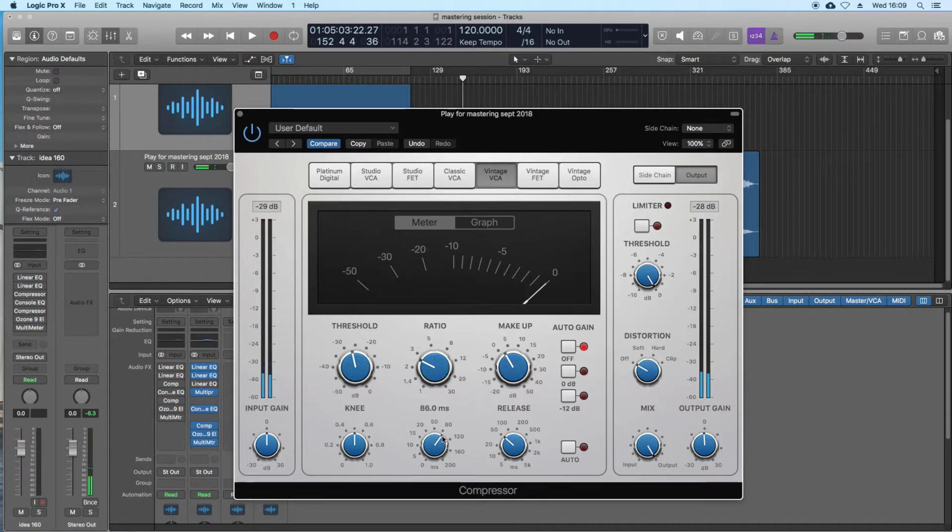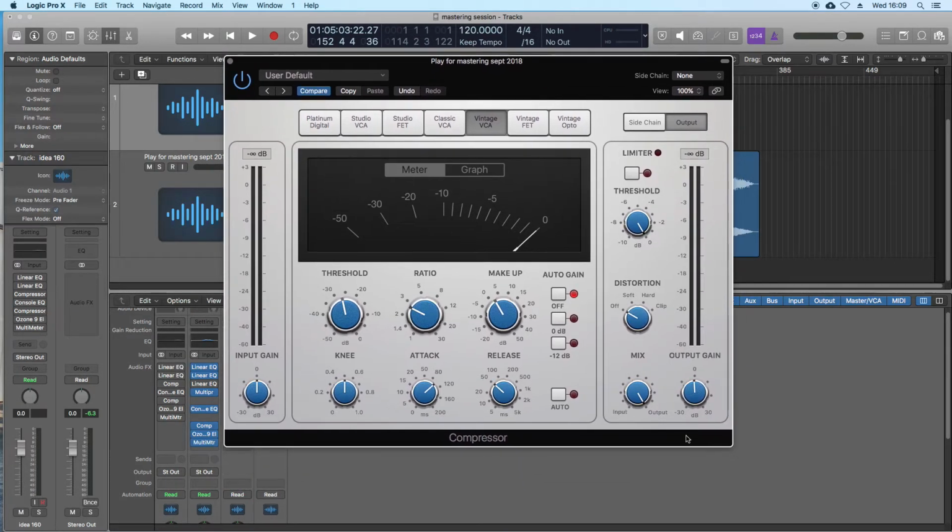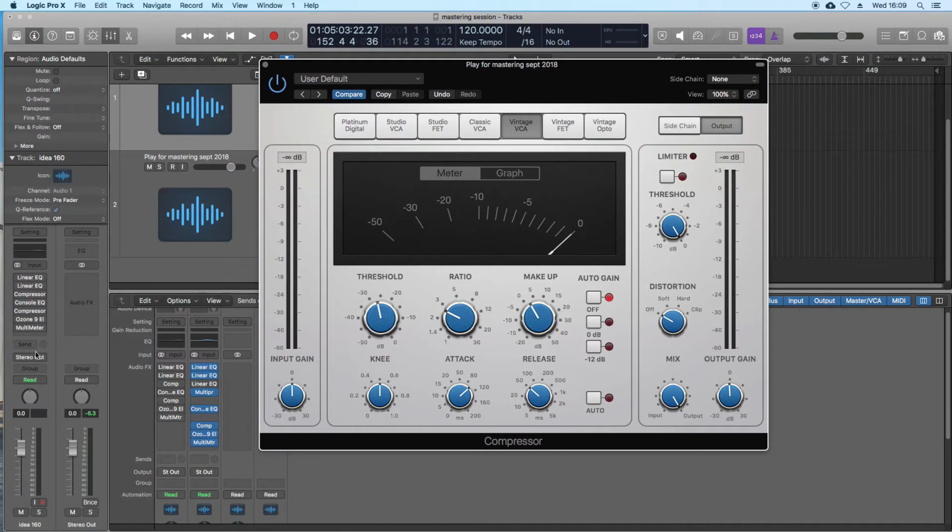Well, with it on a slowish attack, a little bit faster release, maybe even a bit slower. Snares are coming out a little bit more, kicks coming out a little bit more. It's just giving the track punch. It's lovely. I've got it on full output, but something that I'll show you on the other track is that